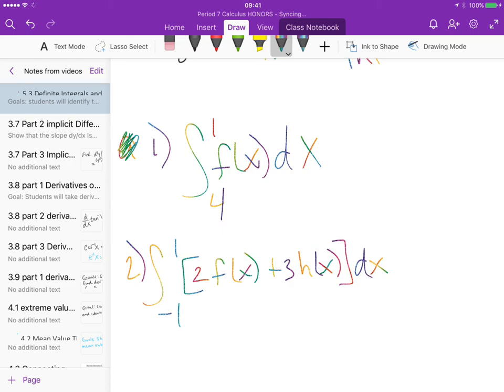Okay? So see if you can come up with the correct answers here. I don't want to give you the answers because I think it makes it a little bit too easy. So I want you to really go through it and see if you get it. We'll go over it first thing